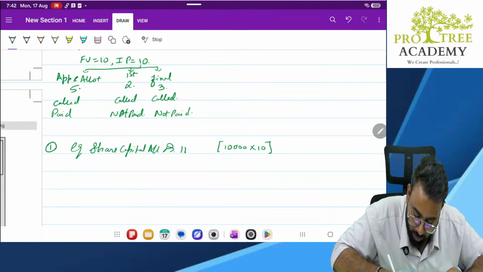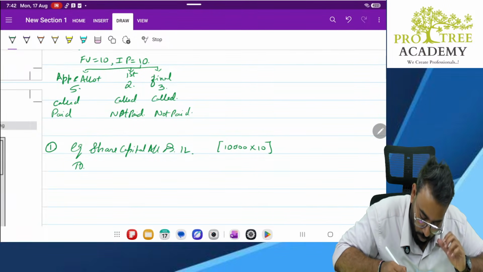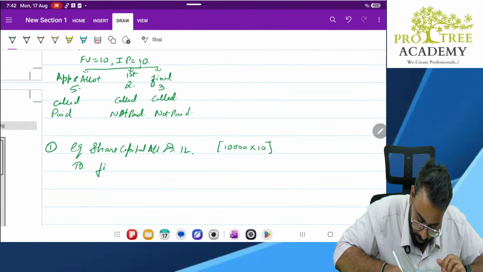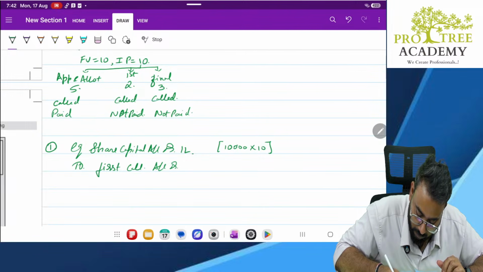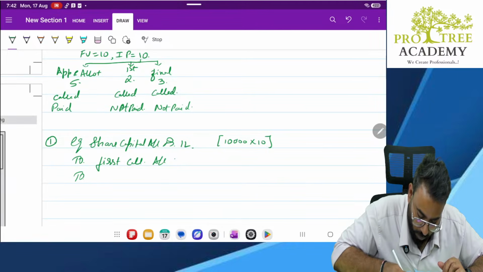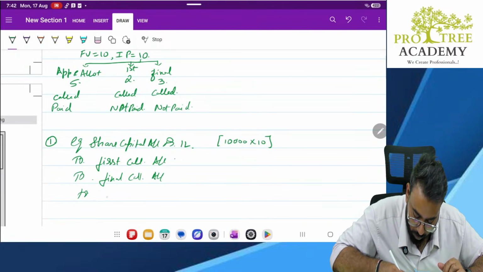So that is 1 lakh. To first call, to final call,